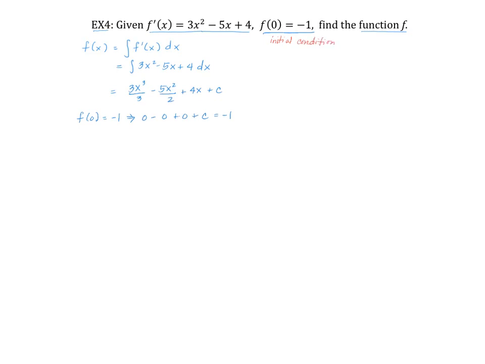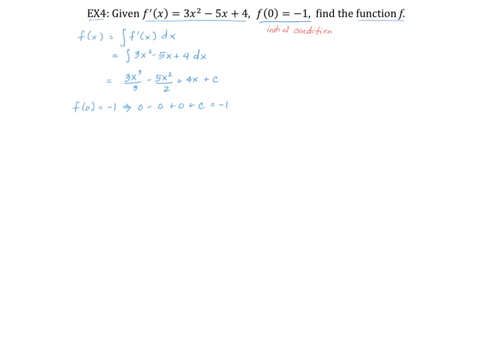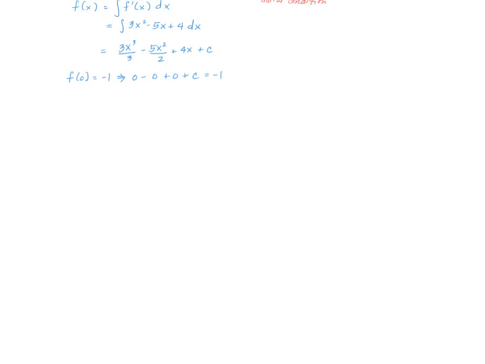And if you do have an initial condition, what that allows you to do is to solve for your constant c. So notice that all these zeros cancel. So my c has to be equal to negative 1. So going back to my function f of x, I can now rewrite that without the constant c. I can replace that with negative 1 to write 1/3